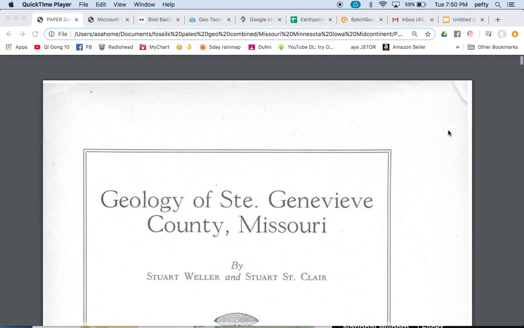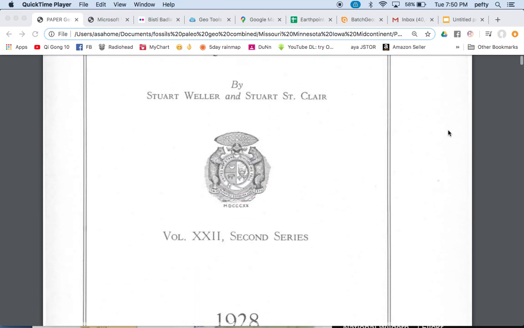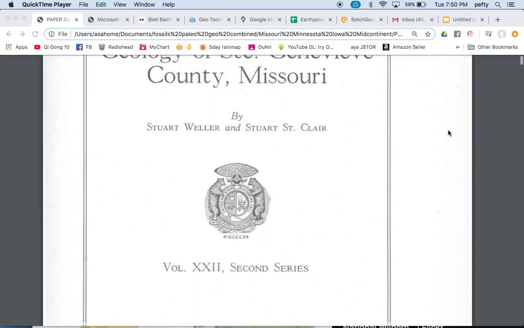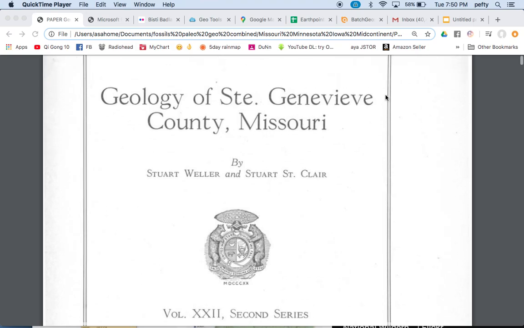So this month we've been talking about how to research your next locality, how to find these places you might look for fossils, or this is applicable to really anything. One of the great resources out there is all these old great papers. And this is a 1928 paper. There's all sorts of stuff from every state, from the USGS, all sorts of stuff available for free out there